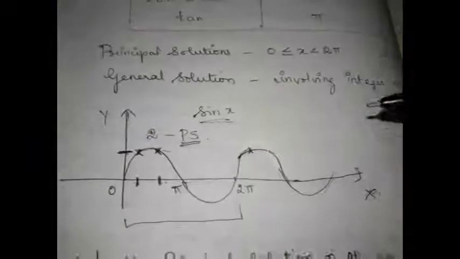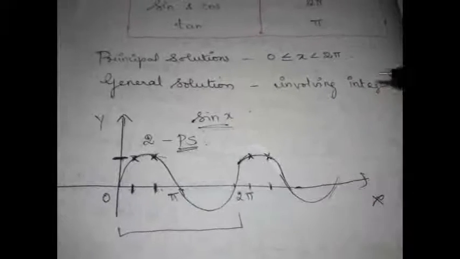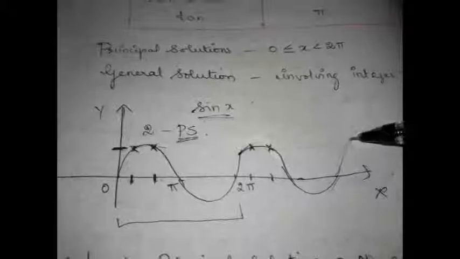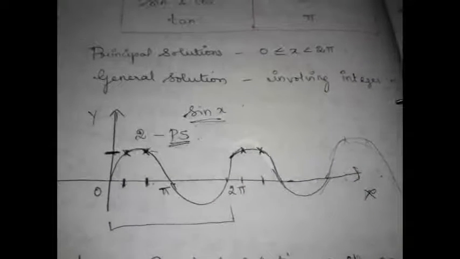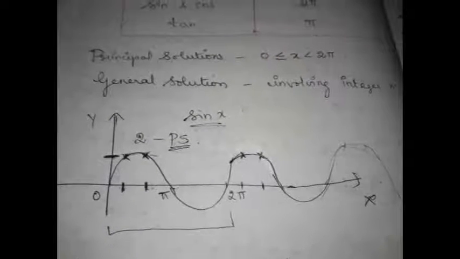Before we solve an example, I wish to make it clear why it has infinitely many solutions. I told you after an interval of 2 pi it repeats, right? So if you take the same y value, you will have different x values after 2 pi, right? Again, after 4 pi, the graph is going to repeat in the same way. If it repeats again for the same y value, you will have different x values. That's why the value of x in the solution of the trigonometric equation is going to vary. We will have infinitely many solutions for the trigonometric function.